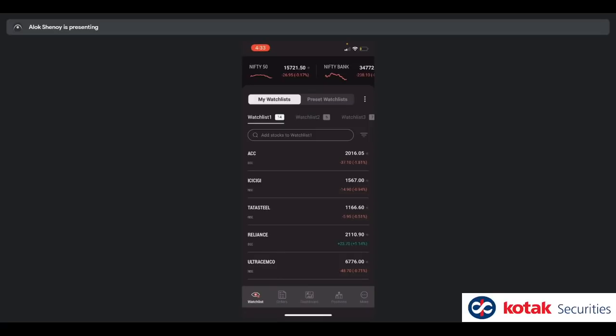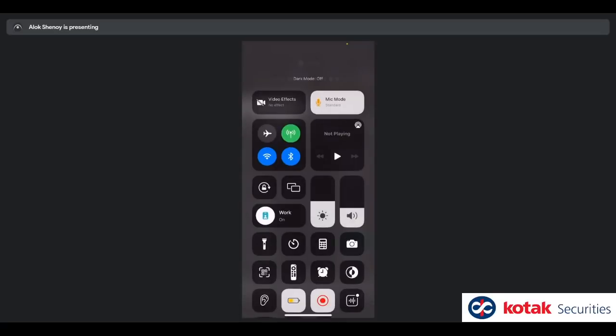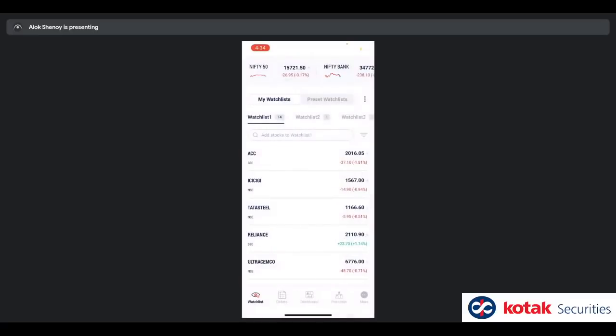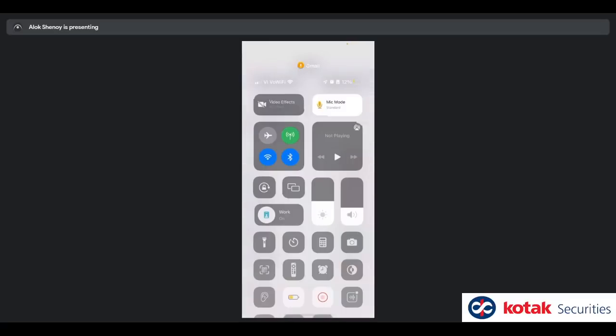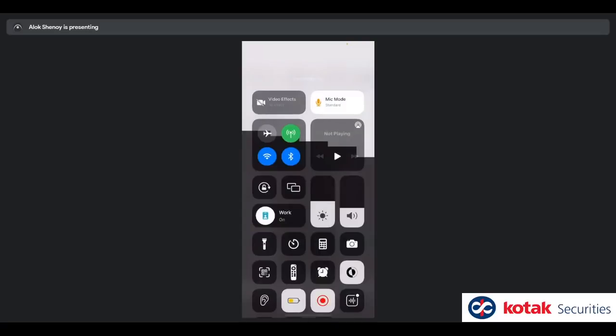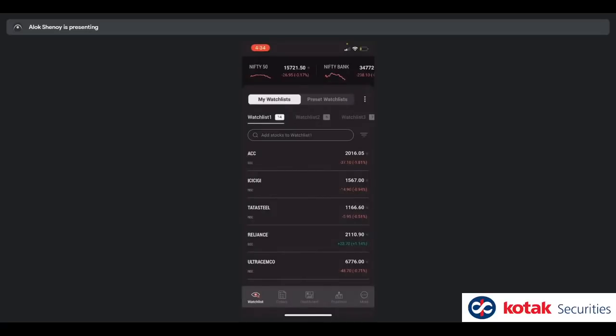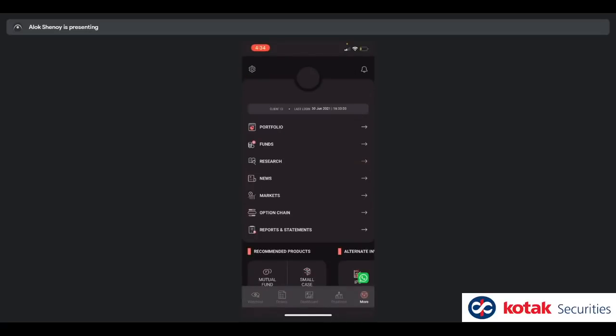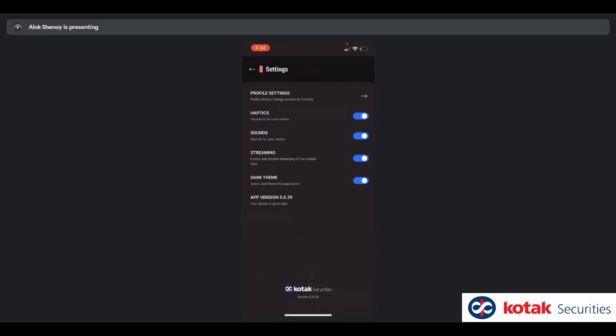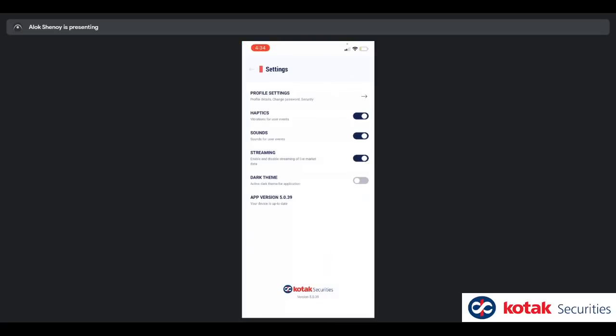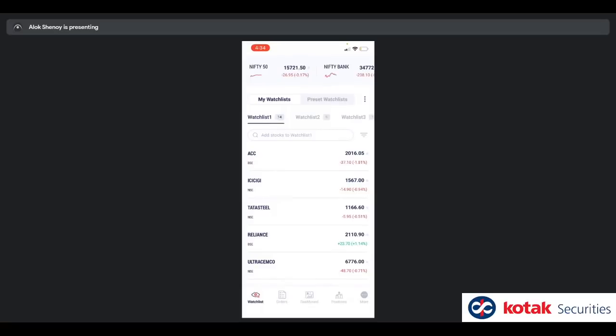My phone is by default on dark theme. I am going to change my phone's default to light theme just to show you. This is the light theme that several of you will see by default. If you want to toggle dark theme and light theme, and you want the system to stay dark but you only want the light theme inside the app, you can just go here, go to settings and you can turn on light theme from here as well.